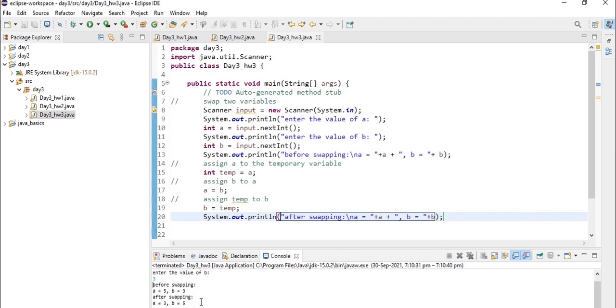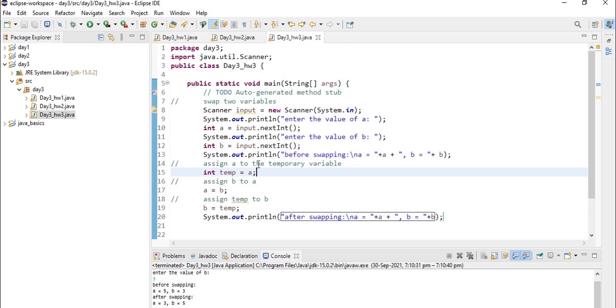and b is 5. So here what is happening is, first it is taking the input of a and the input of b, and printing before swapping the value of a and the value of b. In our program we gave our input of a as 5 and b as 3. Now we are declaring a temporary variable of integer data type and assigning 5 to it. If we print the value of temp, 5 will be printed, suppose, and I'll execute this later.